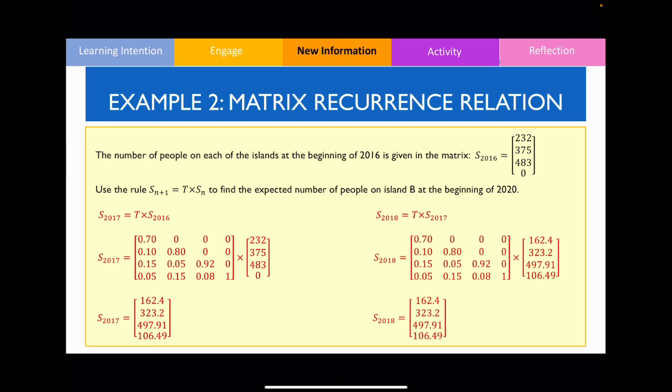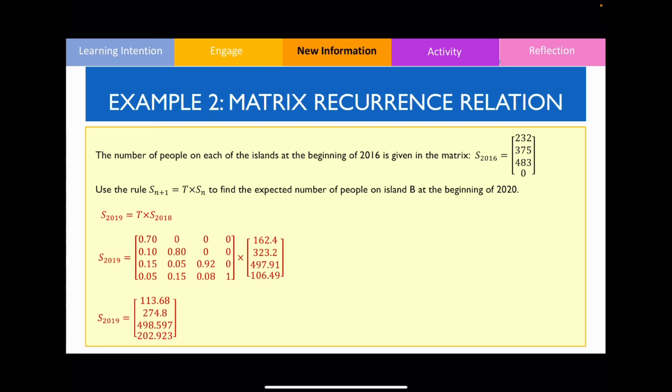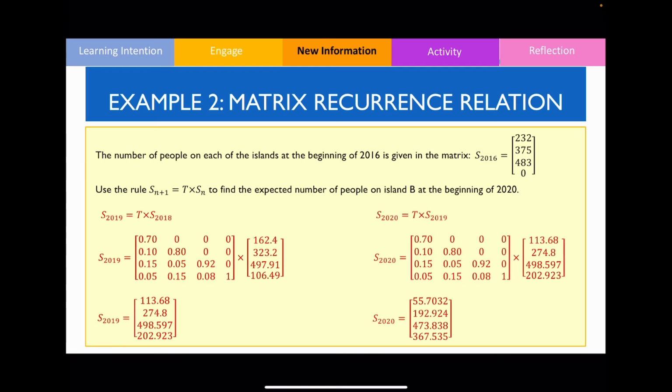Using this answer, we could therefore find out the value of S 2019, so therefore transition matrix multiplied by this matrix here will give us the value of S 2019, and lastly, to find out the value of S 2020, this can be found by multiplying the transition matrix with S 2019, and therefore you will arrive to this answer over here. However, the question wants us to find out what is the expected number of people on island B. So this value over here corresponds to the number of people found in island B, but because we're dealing with people, we need to round it to the nearest whole number, so therefore we're going to round it to 193